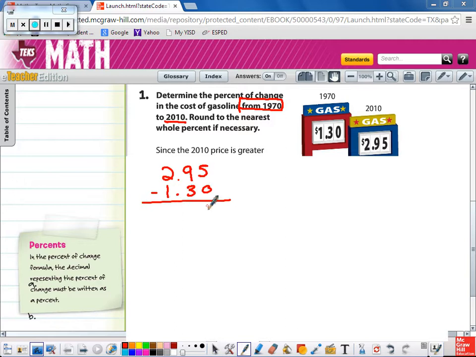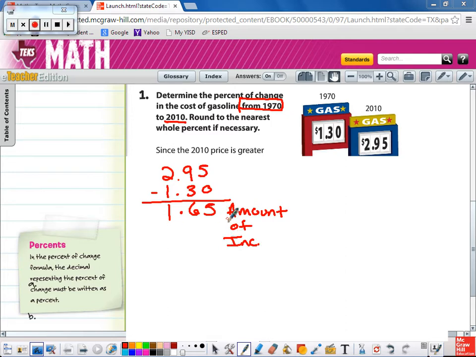So 5 minus 0 is 5. 9 minus 3 is 6. I bring my decimal straight down. 2 minus 1 is 1. So now I found that my amount of increase is